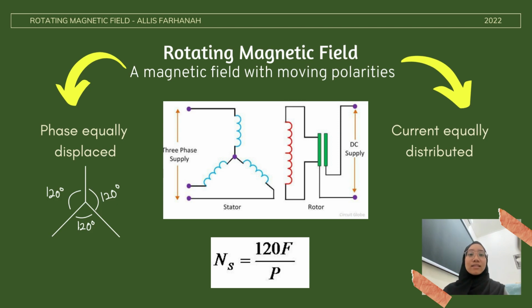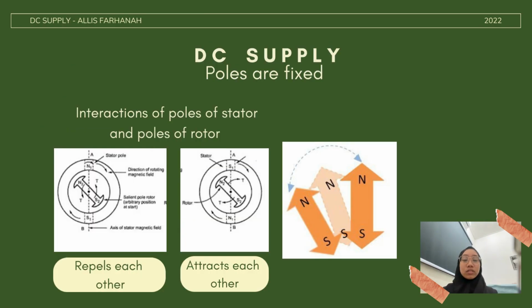Here we can see that its synchronous speed is given by the formula Ns equals 120F over P. Next, for the DC supply, the poles are fixed in polarity. When the rotor and the stator have the same pole on the same side, they will repel each other, and only attract when they have opposite poles, which will then create a positive half cycle and also a negative half cycle